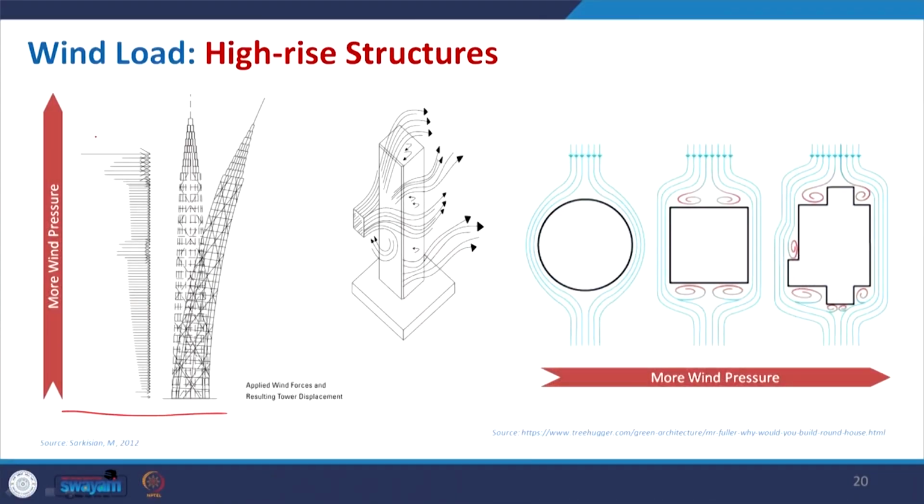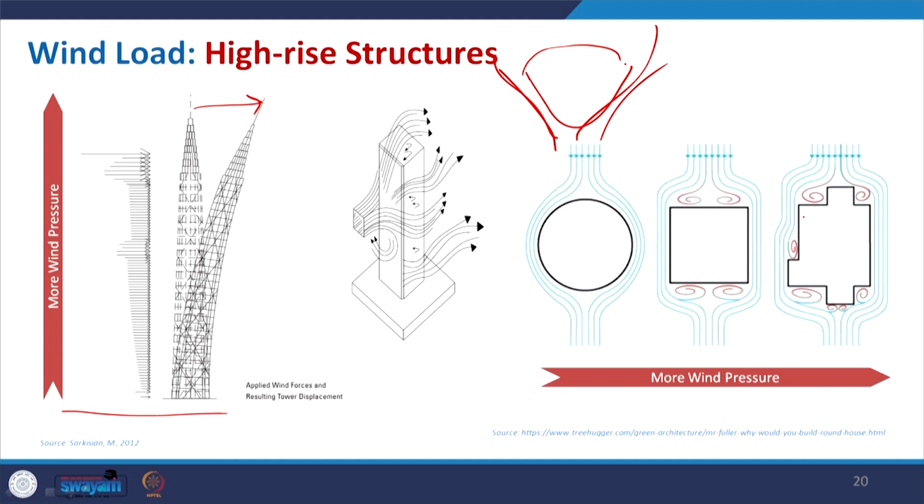Now, coming to the wind, as I mentioned, when you increase the height, more wind pressure will act on the building and you will have the sway. Here you can see the deflection of the building from its neutral axis, how it deflects, and it also depends on the form. The moment you have a circular form or maybe some aerodynamic form, wind can easily pass through. So, the negative pressure of the drag effect is not created that much in this case, but in case of a square building it is more,